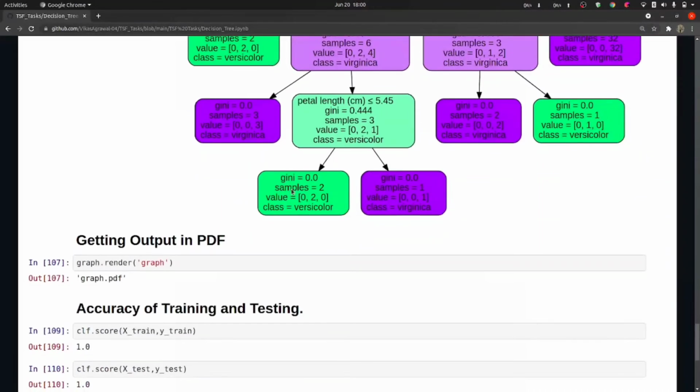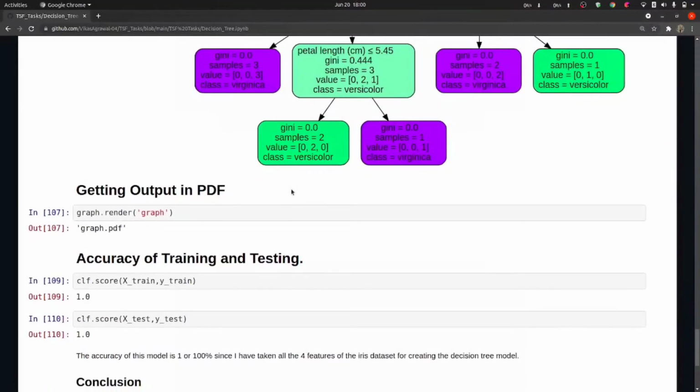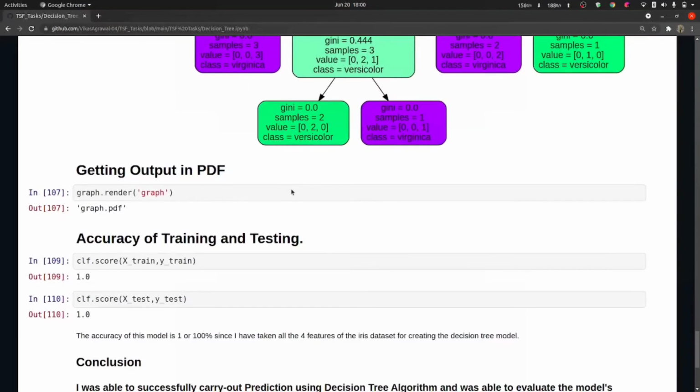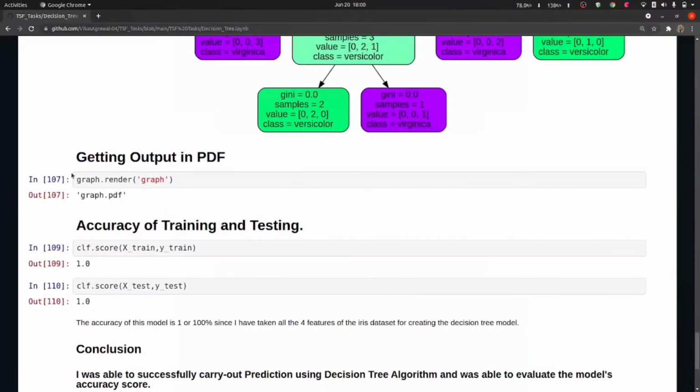And later on, I have rendered this output in a PDF form using this graph.render. So I have got a PDF of this graph,